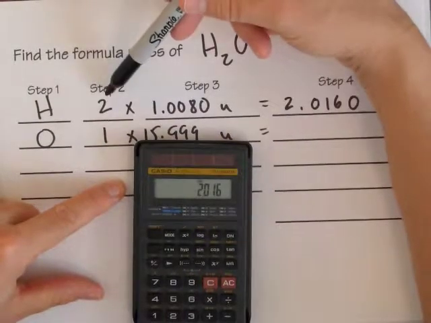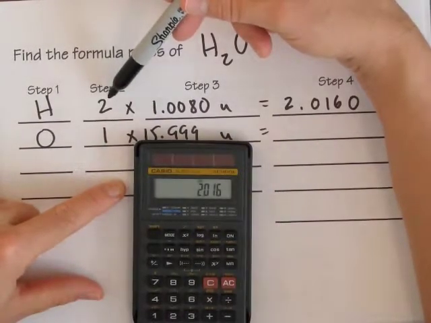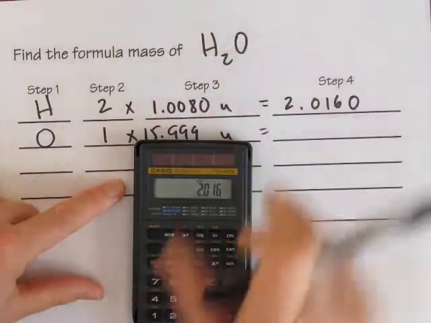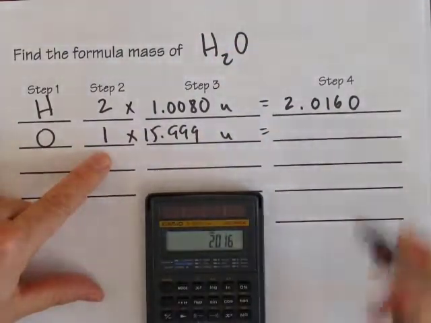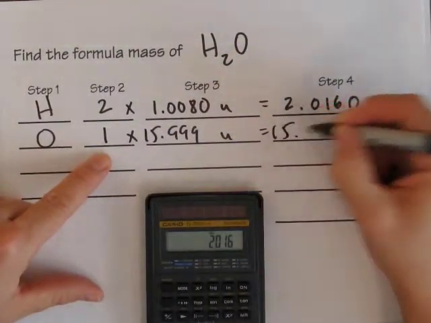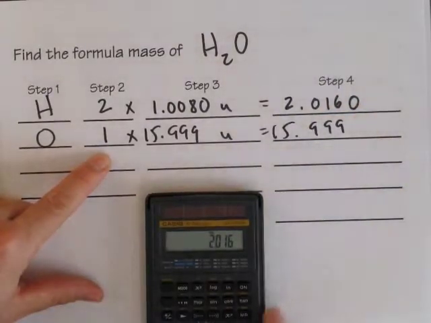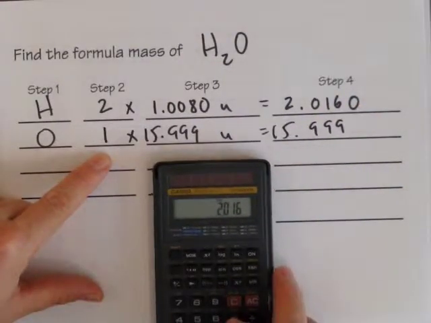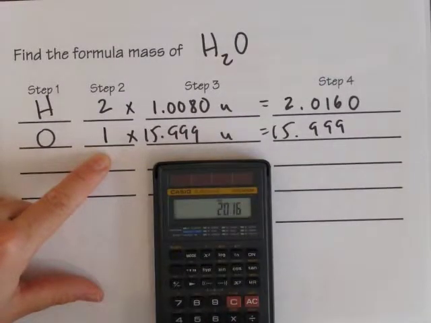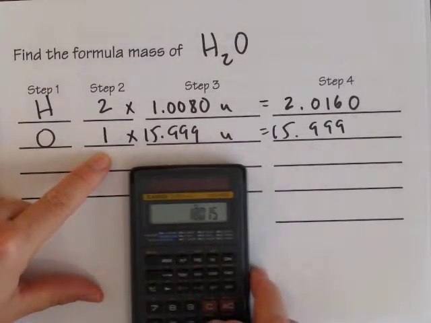This counted quantity here doesn't have significant figures. It's an exact number. Then oxygen, 1 times 15.999, that's easy, 15.999. And then the last step is to add these together. So I'll take my 2.0160 plus 15.999, and the calculator says that it's